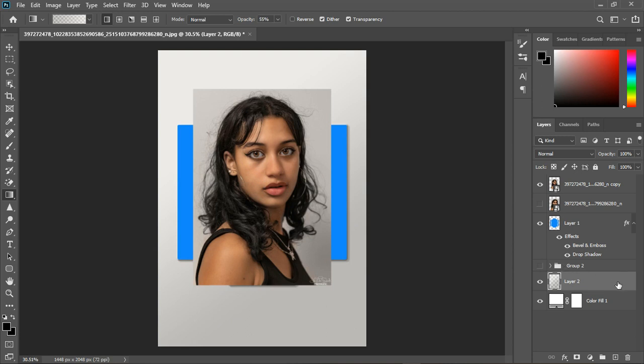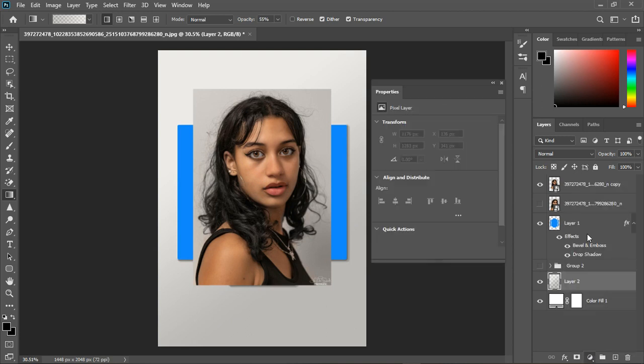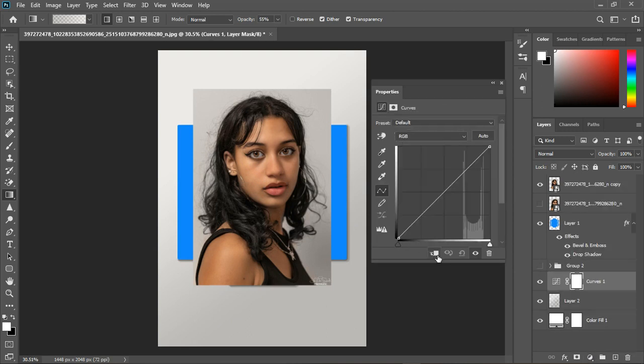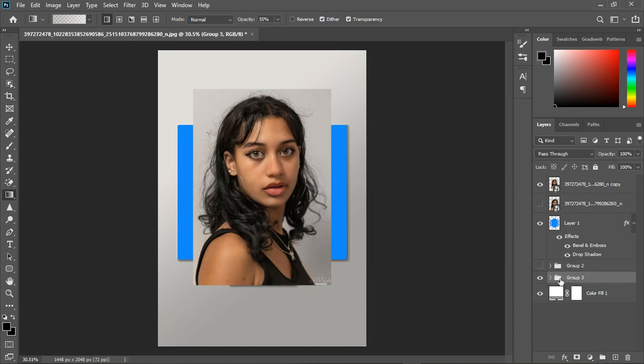So since we have it like this, I'm going to grab the curve, clip it to the layer, and then I'm going to drag it down to make it darker like this. So let's do darker. I'm going to group the two together, and we have that. And for this one,